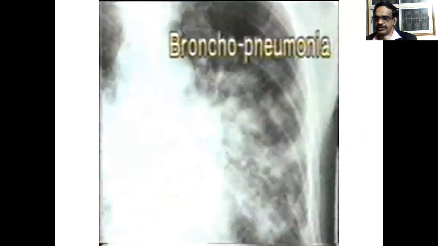So this is bronchopneumonia. You can see patchy white opacity, cotton wool like fluffy nature. The pulmonary edema, another X-ray, you can see pleural effusion on the right side. Right side pleural effusion is there. That is due to pulmonary edema. Here a huge pleural effusion is there in the right side, right lung, and left lung also pleural effusion is there. So ground glass appearance is there. That is due to pulmonary edema.